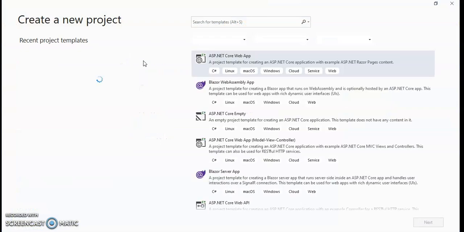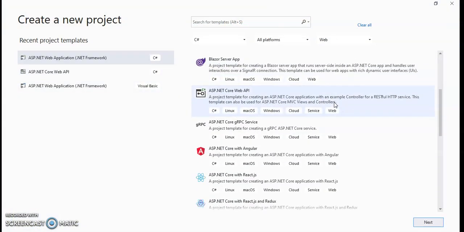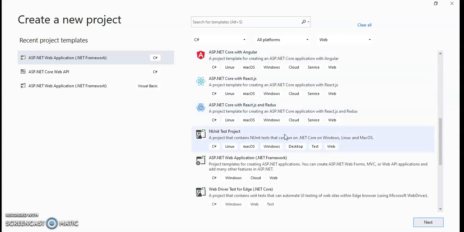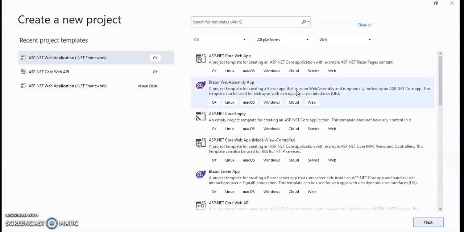Go to the project, and here you will get the project to create the reporting.